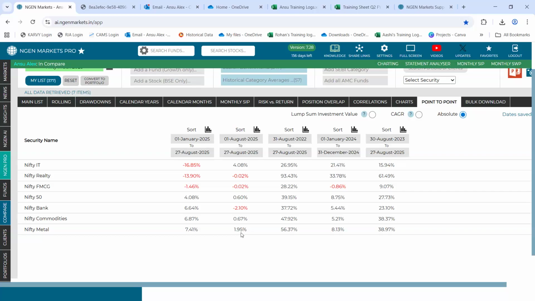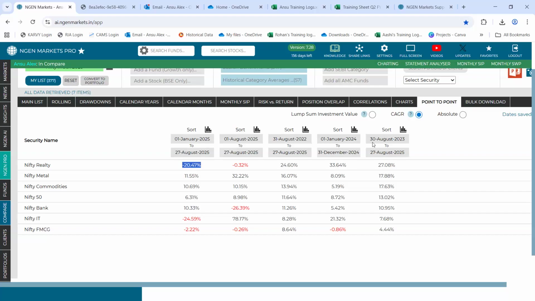Now, for a time period of more than a year, you can use this CAGR toggle option as well. So right here, let's say I sort based on this 2-year time period that we are looking at. I'm simply sorting this data. Of course, Nifty Realty has indeed given a good performance, but you can also see that when the markets were volatile, it was falling down to a great extent as well. So market volatility does affect this sector.